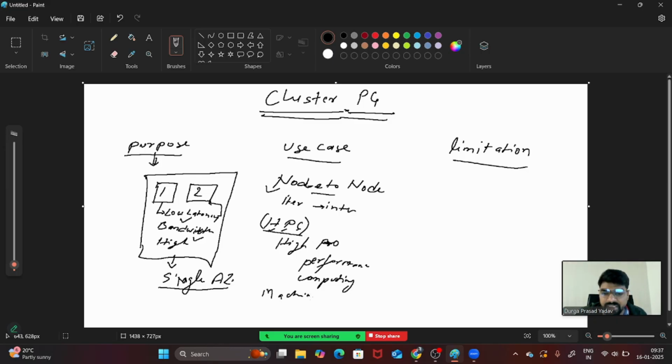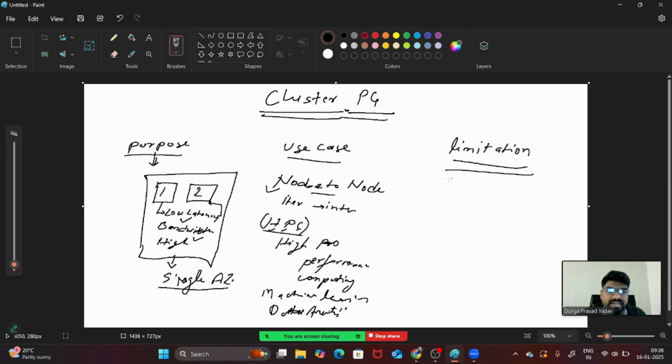And if you are using machine learning or data analytics concepts, in that case you are also going to use the cluster placement group. Understand, guys? The purpose and use case is clear to everybody?